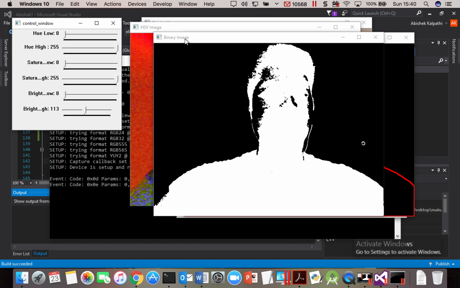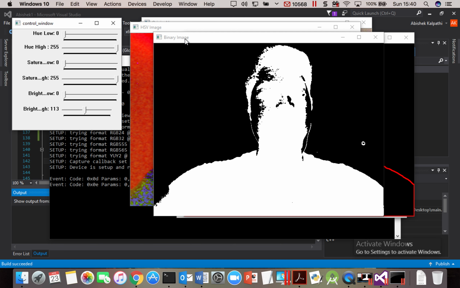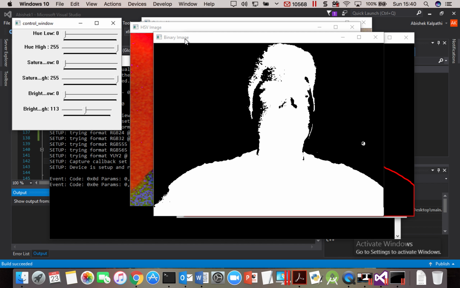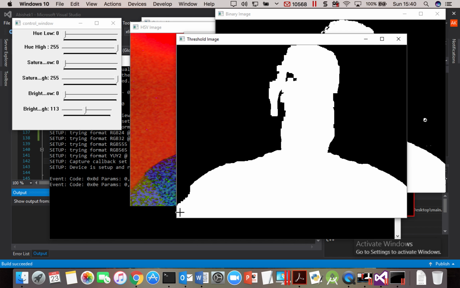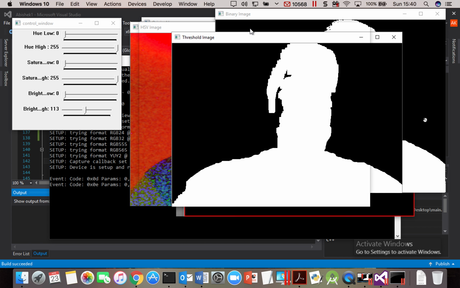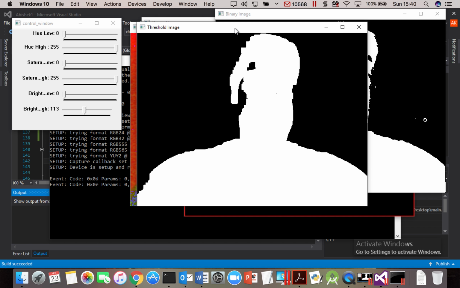Now to the binary image we threshold it using dilation and erosion. Erosion is used to remove any small objects in the background, and dilation is used to enhance the larger objects, in this case the body, to get the threshold image. Let's see if we can find the threshold image. There we go. So you can see the threshold image, even though it's not